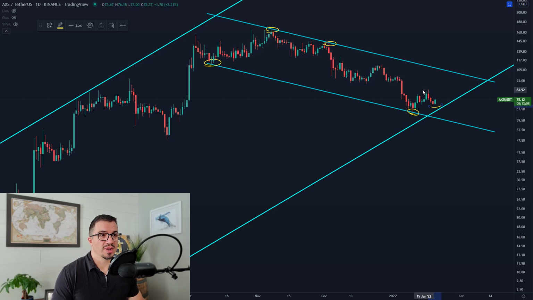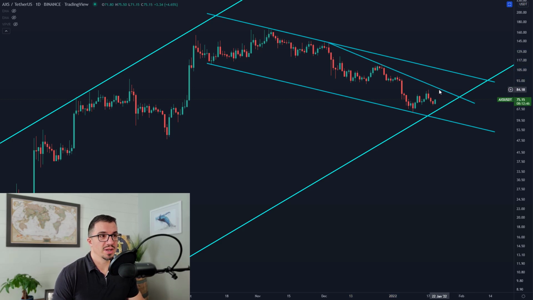Okay, so if the market can come up here and take out this high back here right around $84, then we could start to see a series of higher highs and higher lows for the market to move up here and test resistance right around $100. Now, from these highs back here, you can also see where we have a trend line off of these highs that could come into play here over the coming days.